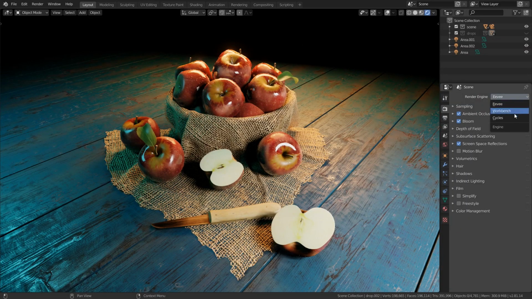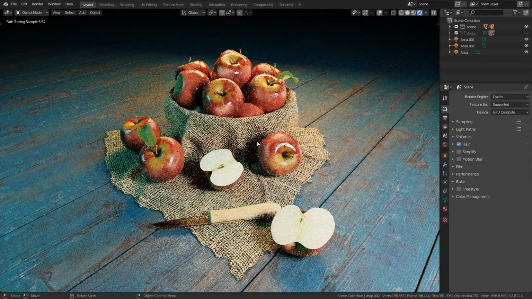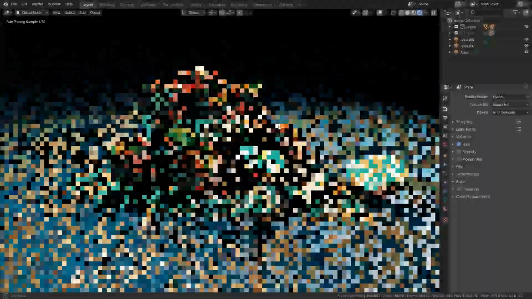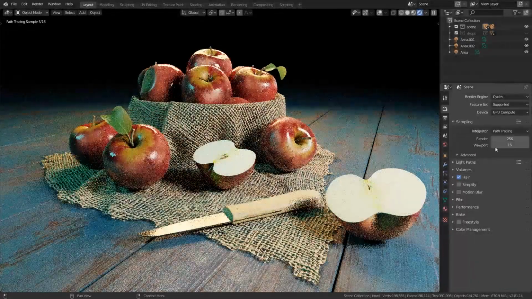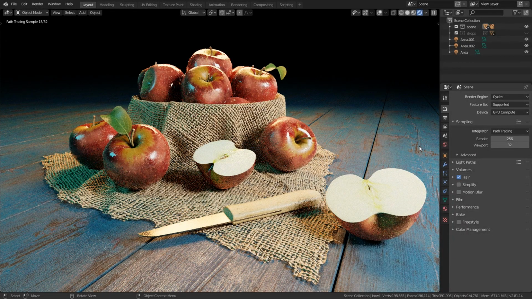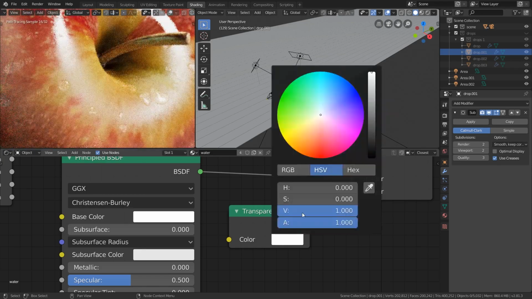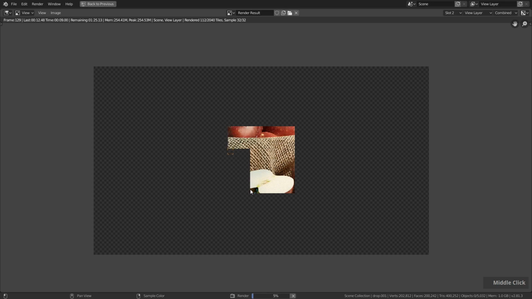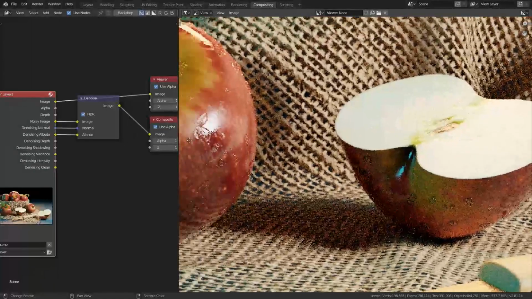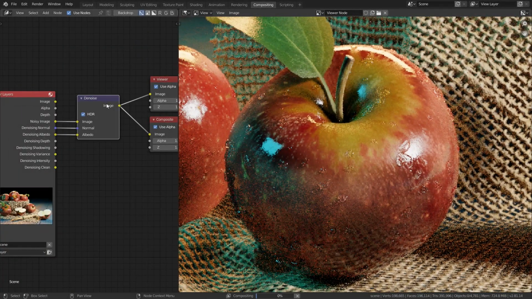In this video we will take a closer look at the Cycles render engine, which is a physical based render, which basically means that we can create more photorealistic renders from our 3D scene. Here we will take a look at some of the most important settings. We will adjust our scene a bit so that, for example, the water drops work better with the Cycles render engine, and we will render out an image using this engine and use some denoising features to remove the noise